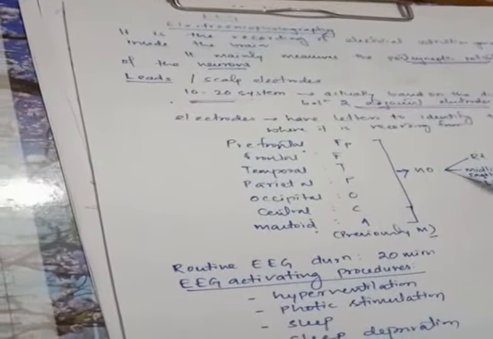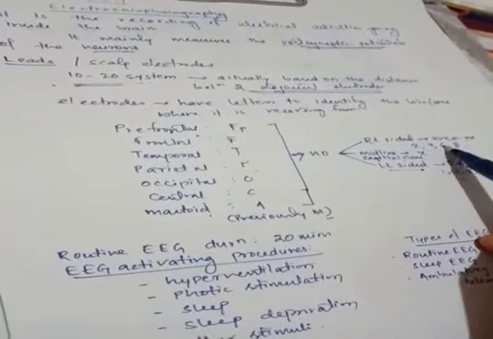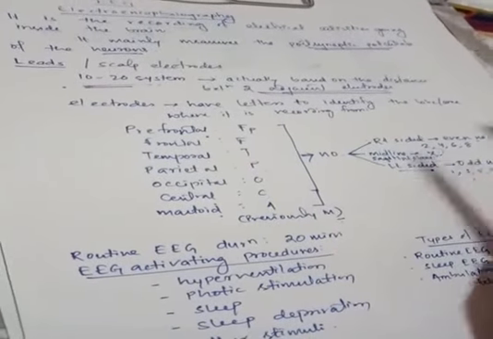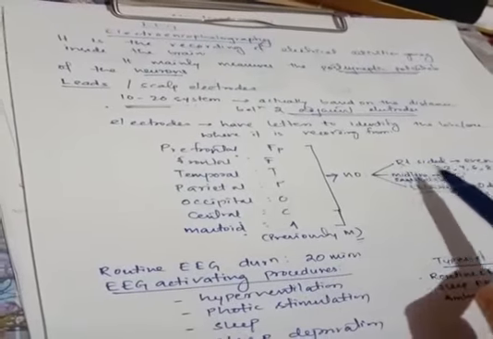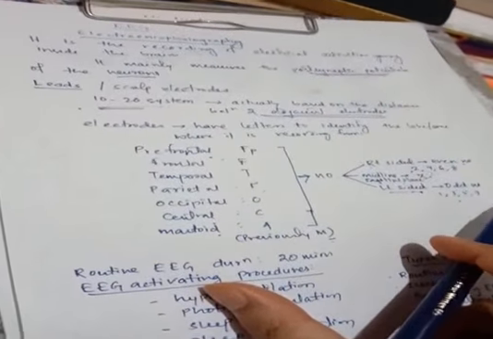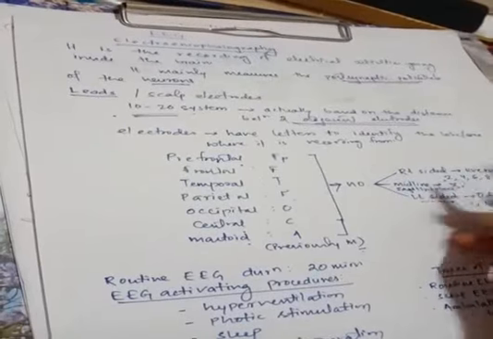Previously it was M. Each of these areas is again represented with a number or with the letter Z. If an electrode is present on the right side, for example over the temporal lobe, it is represented as T, with an even number like 2 or 4 or 6 or 8. And if it is left sided, it's an odd number like 1, 3, 5, 7. If the electrode is present midline in the sagittal plane, it is represented with the letter Z.